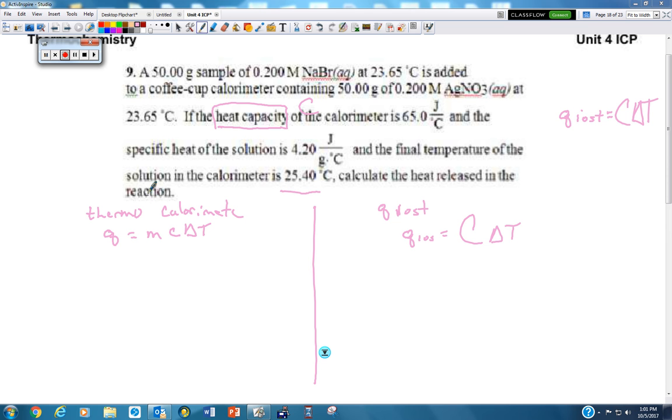Looking through our setup here, we have 50-gram samples. So our final solution is going to have what mass? 100 grams. So we have 100 grams of solution, and our specific heat is 4.20 joules per gram degree Celsius. And then our delta T,